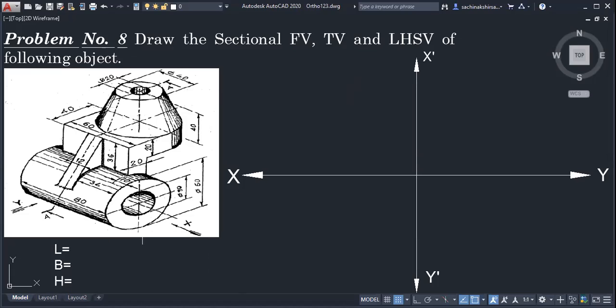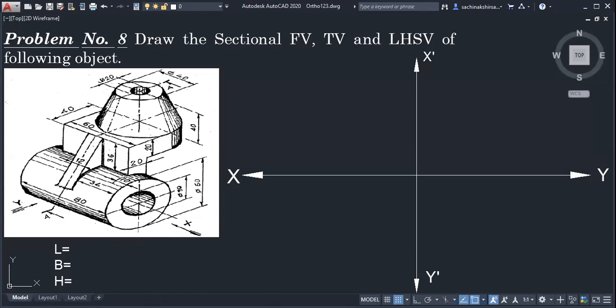It is not given. I cannot write here also because it is an image. It is not drawn. It is an image I have taken. So first, what is the criteria to locate the origin? The lowermost point of the lowermost object. Okay, so this particular point. I cannot show my cursor here. Lowermost means whatever the cylinder is there, the horizontal cylinder. So it is the lowermost point of that cylinder. Okay, so shall I show?